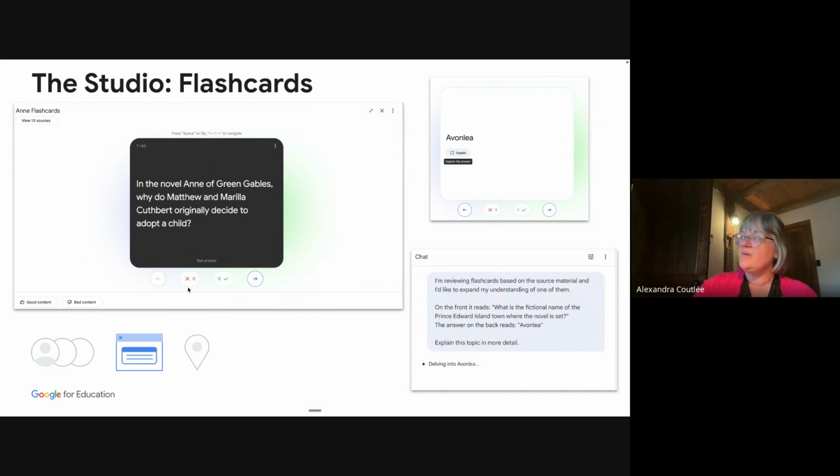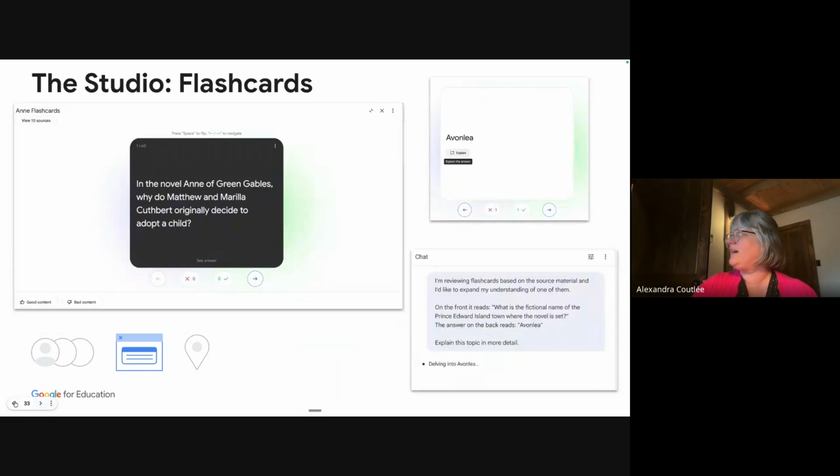But notice at the bottom where you have the X and the check mark, you indicate to NotebookLM which one you got right and which one you got wrong. You need to be honest, because if you tell NotebookLM you got them all right, then that's kind of useless. You're cheating yourself, basically. But if I indicate the whole thing, then it will compile the results and generate a report at the end and help me study the ones I didn't get right. There's also a button, once I flip, called explain. If you click, it opens up the chat, and the chat will explain that actual answer and give you more information to keep on studying.